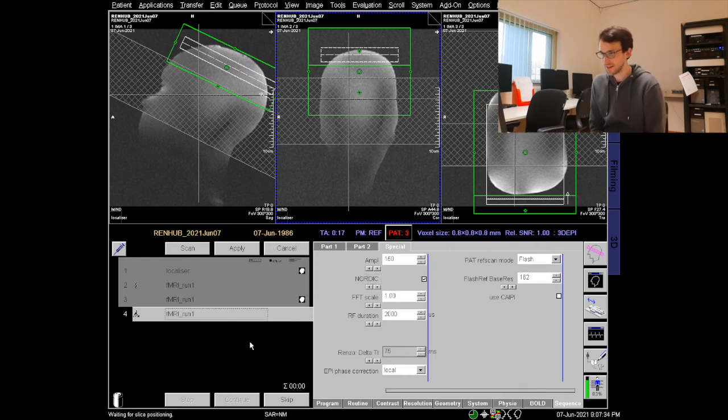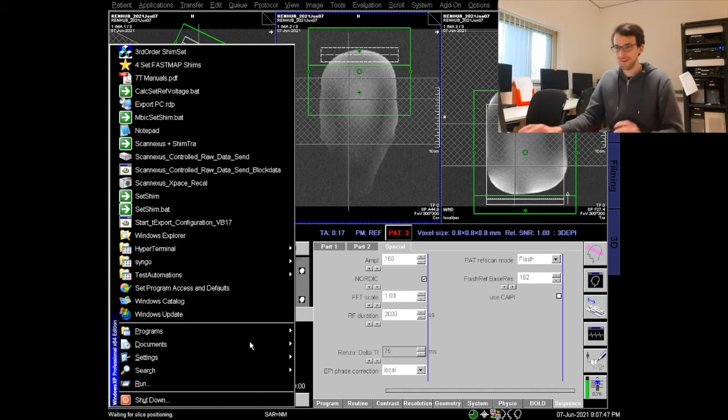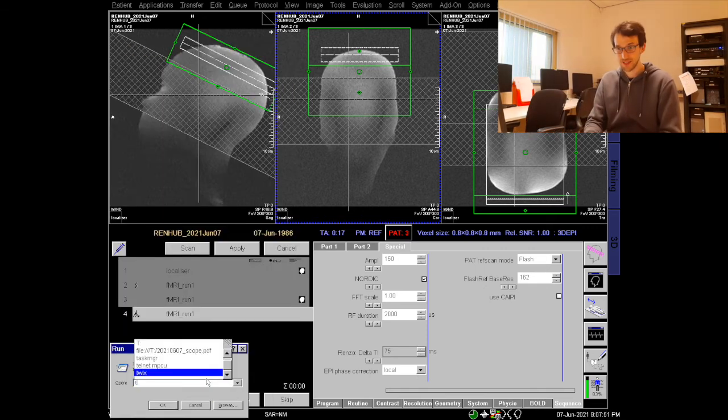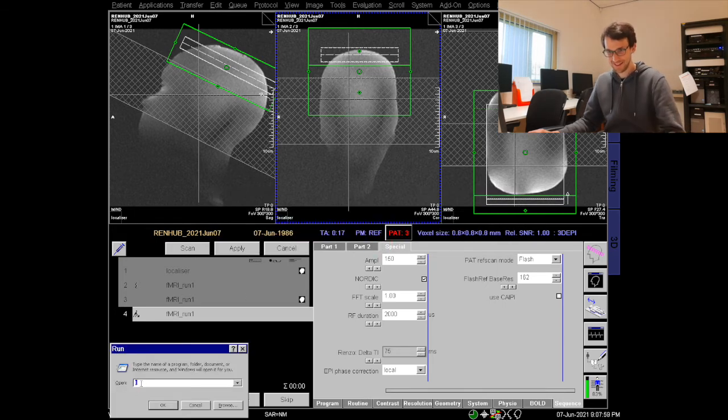So now another thing that sometimes becomes useful is to do retrospective reconstruction. And you can do so by again doing Control Escape, and now in the run command not executing XBuilder but executing Twix. This did not work because I didn't execute Twix, but I executed T. So again I do Twix,